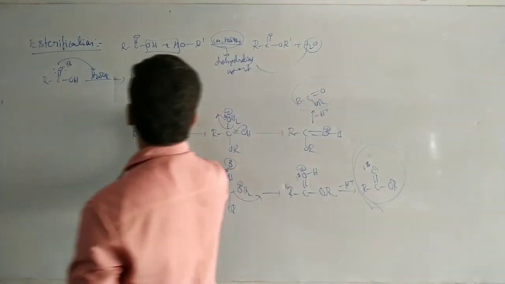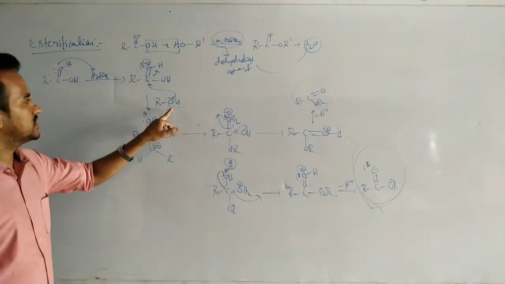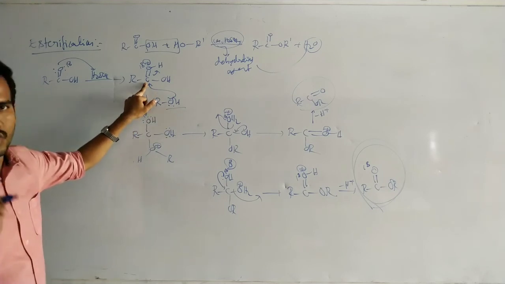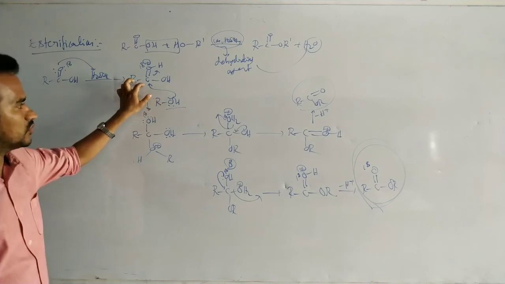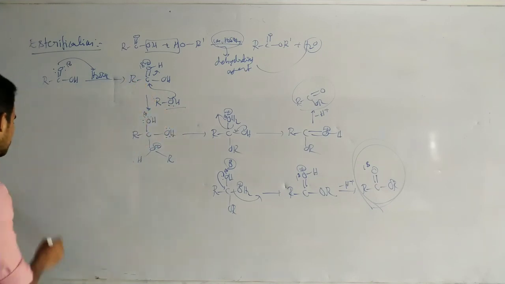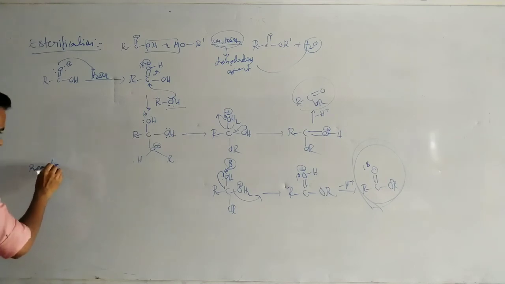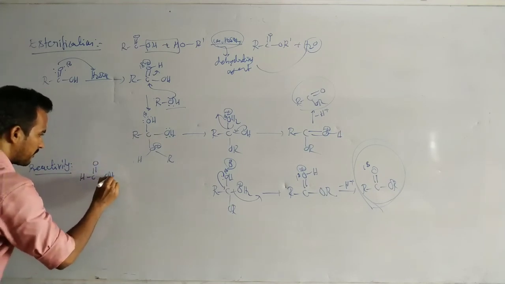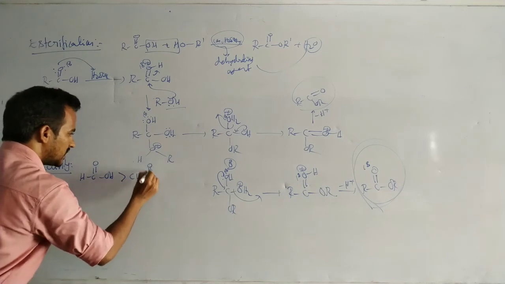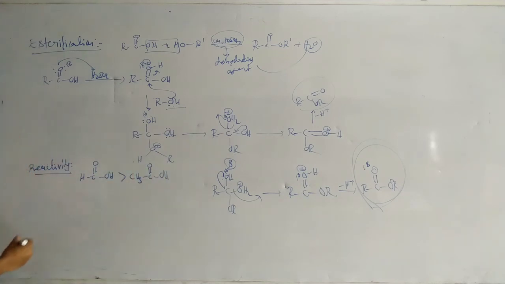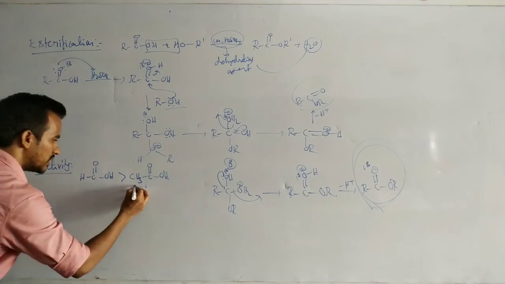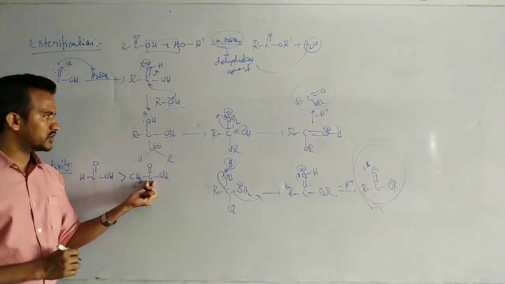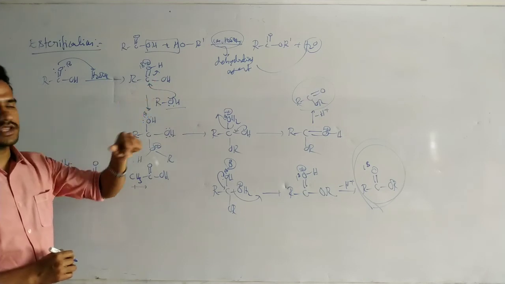Okay. It is esterification, ester hydrolysis. In this reaction, this is the nucleophile. This nucleophile attacks on this carbon. If this carbon has a more positive charge, then this carboxylic acid is more reactive towards nucleophilic attack. That means formic acid is more reactive than acetic acid in esterification, because methyl is a donating group. The donating group decreases the magnitude of the positive charge, so the nucleophile attacking tendency decreases.